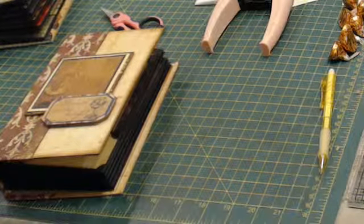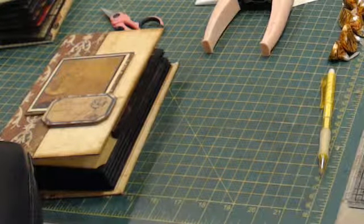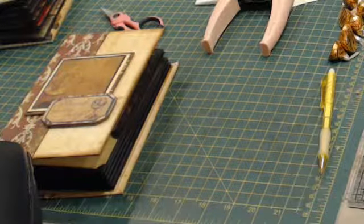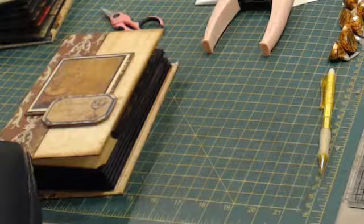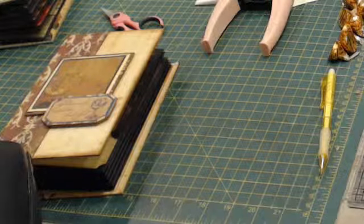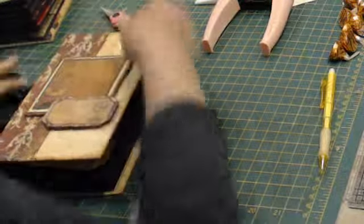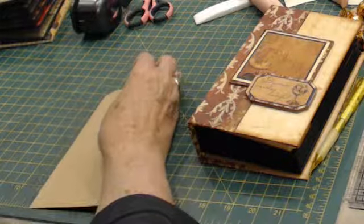Let me show you real quick how to cut out three-quarters of an inch. I'm talking to myself. I'm right here, but I'm over here talking to myself. Which one did I use? I can't remember which one I used. This one. I think it was the small one. To make the little cover thing that matches on your tags, you take